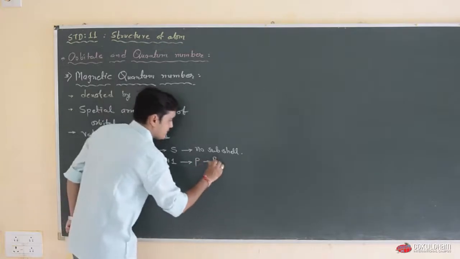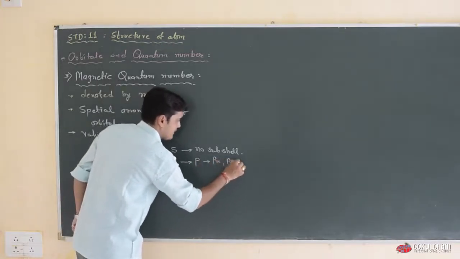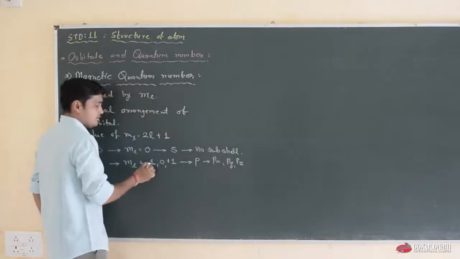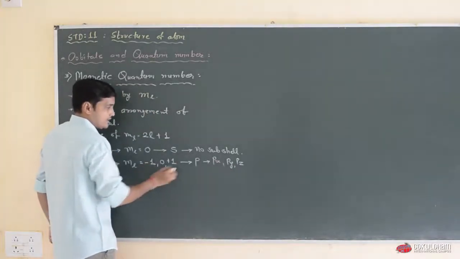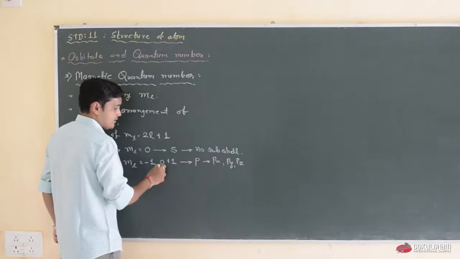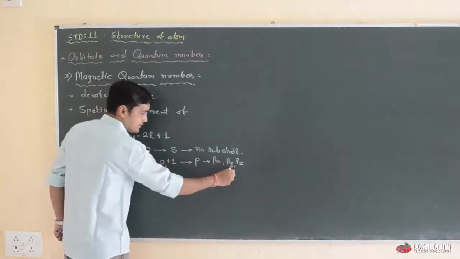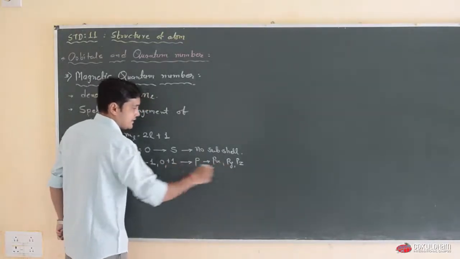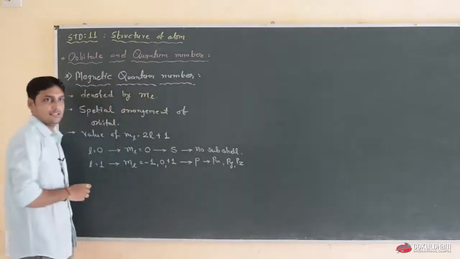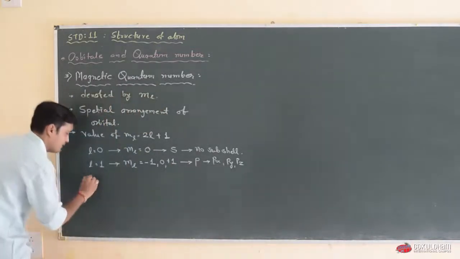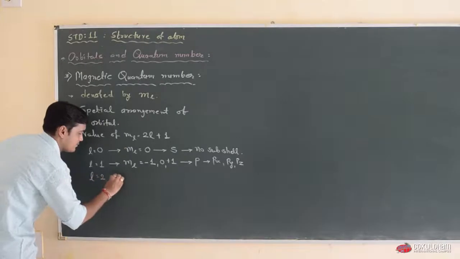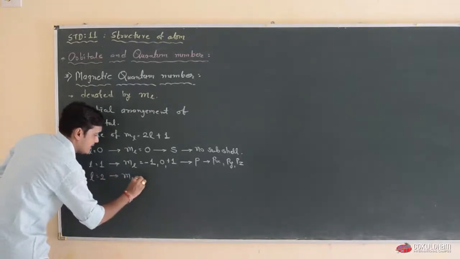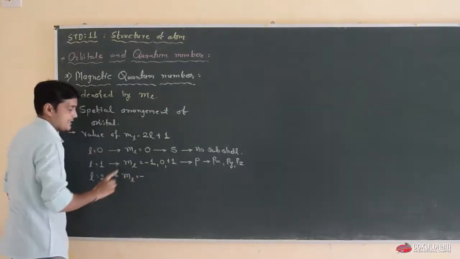First is px, py and pz. This minus 1 is correlated with px. This 0 is correlated with pz, and plus 1 is related with the other p orbital. When your value of l is equal to 2, the value of ml starts from